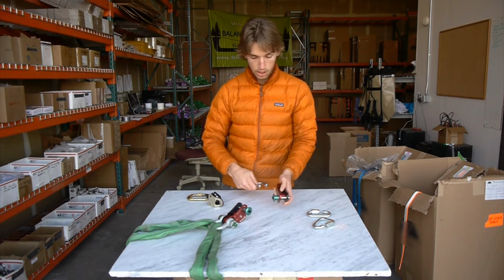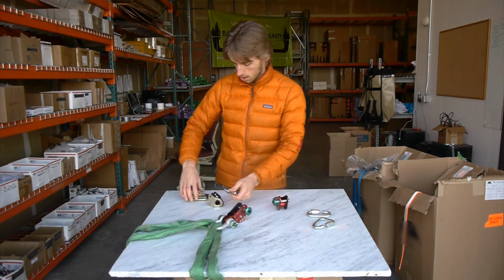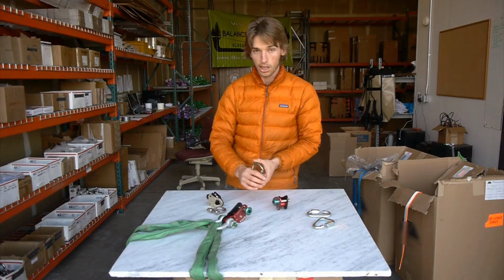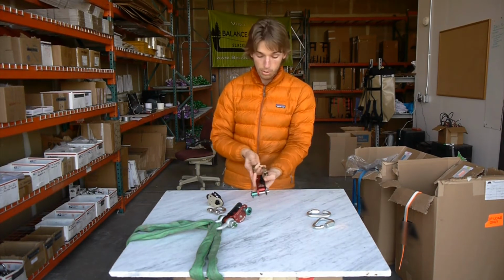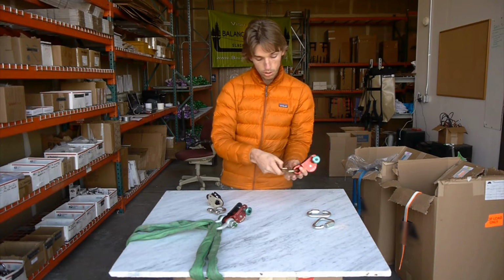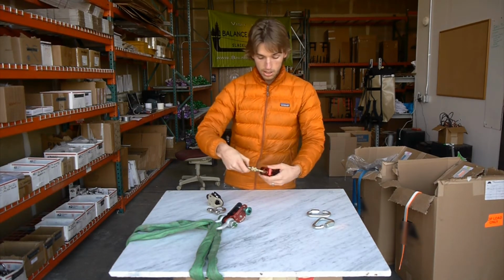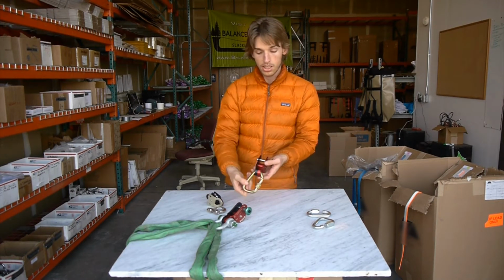The third connector that I'd like to discuss is the Omega Pacific 1/2 inch Modified D steel carabiner. As you can see, it sits really well on this carabiner, provided that you put the Alpine WebLock on the flat end of the carabiner, as opposed to this sharper end here, where the bend is really sharp. Because the anchor hole of the Alpine WebLock is so wide, it will not sit so well on a sharp